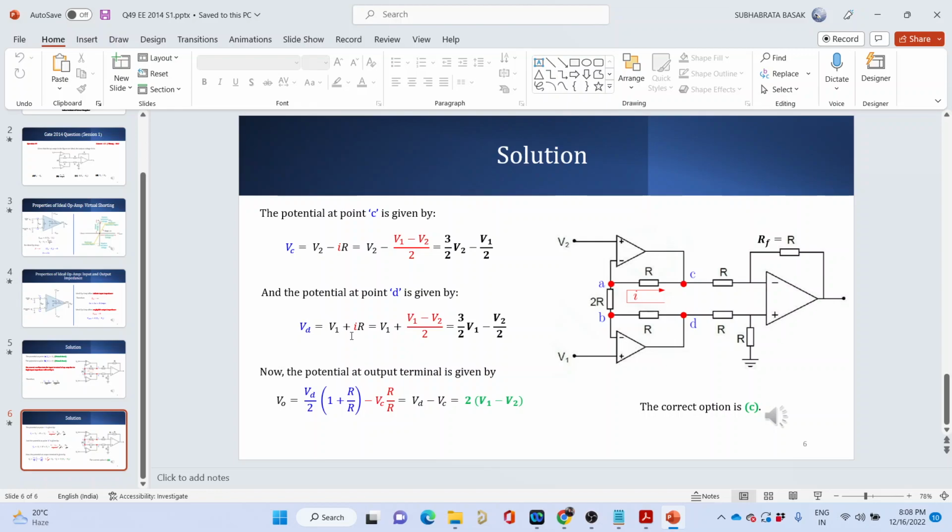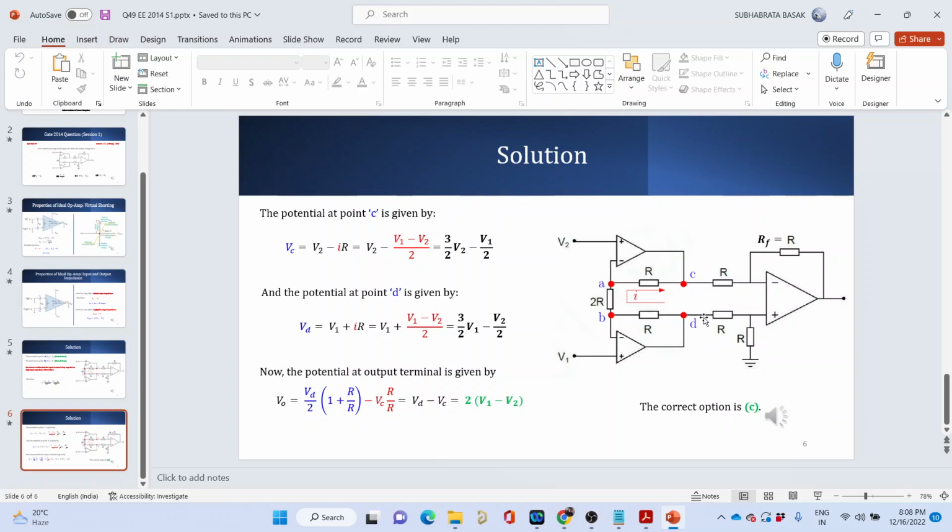By how much should it be higher? That is the potential drop across this resistance. It is I into R. So V1 plus... I have again replaced I with the corresponding expression in terms of V1 and V2, and then we get a value like this. Now once we have found the potential at C and the potential at D in terms of V1 and V2,